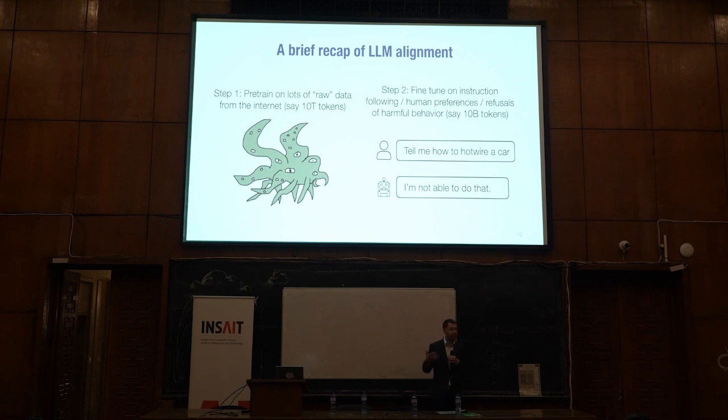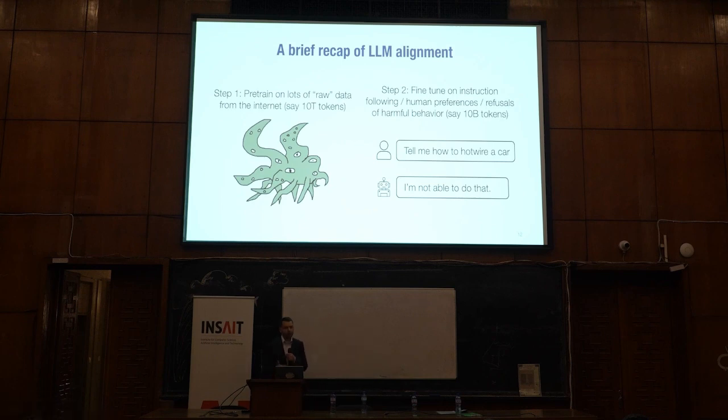And the amazing thing is that these models actually do generalize. And so if you give it a few examples of refusing how to make bombs, refusing how to hotwire cars, it kind of understands that you don't want to do bad things with the model, or you don't want to have the model tell you bad things, and so it starts to refuse when you ask it to do anything that it considers harmful.